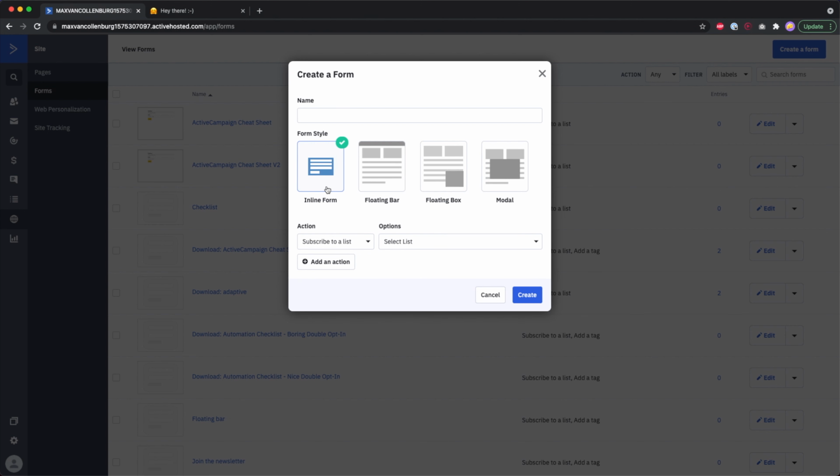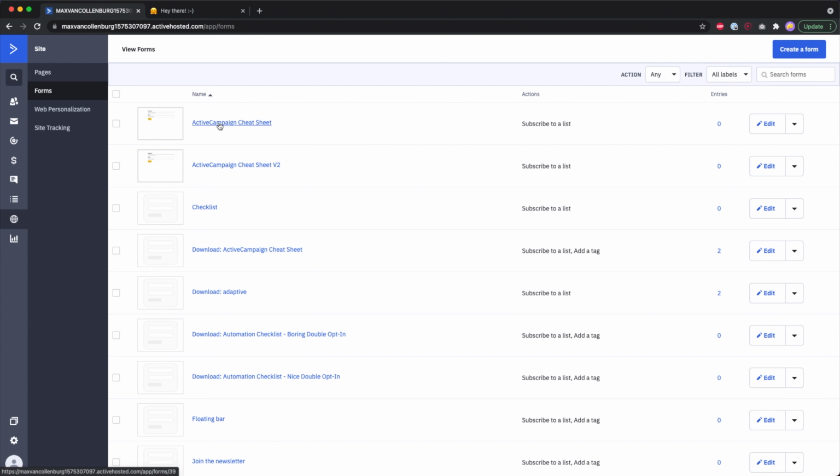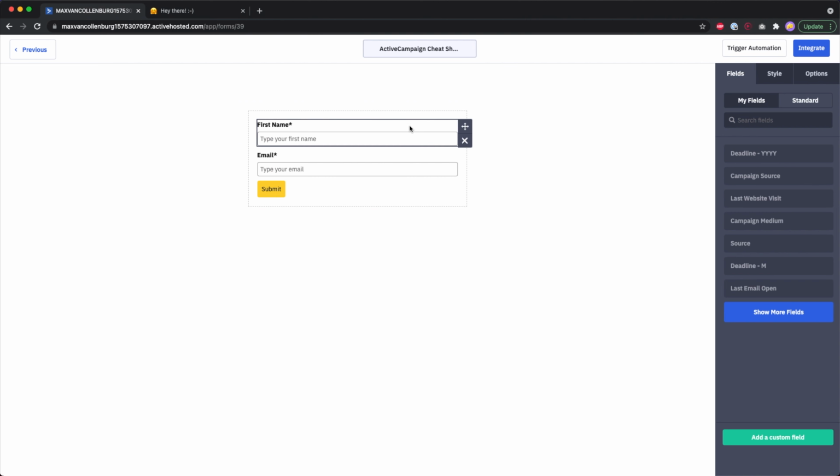The inline form is on all the plans, and they ask you to upgrade if you, for example, want to use a modal window. I personally think a modal window is something that everybody should be able to use because it's quite an effective tool. So I think it would have been nice if they also included this on the Lite plan, but that's just my opinion, right? But yeah, so forms, I think there is some improvement there, especially with some kind of A/B testing or other smart features, maybe some kind of segmentation survey. That's also something I miss. But yeah, it's just something I wanted to share.